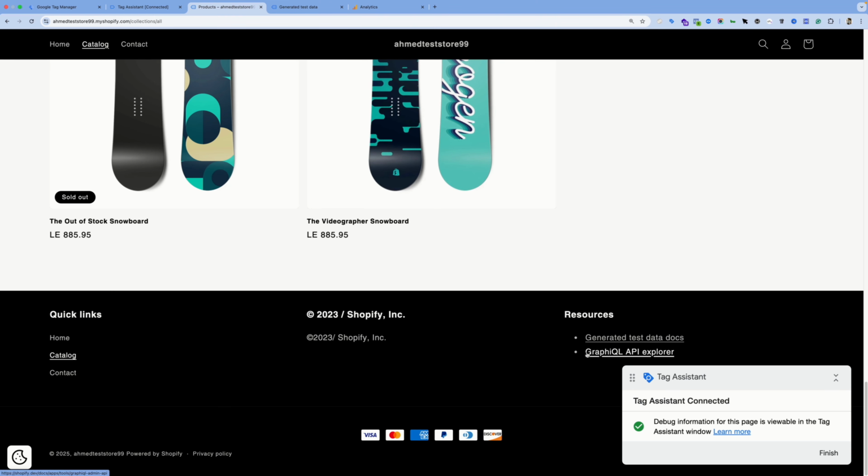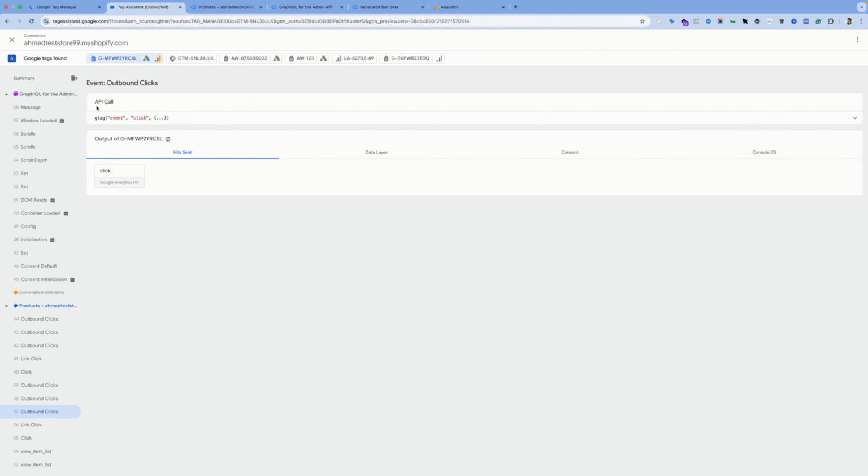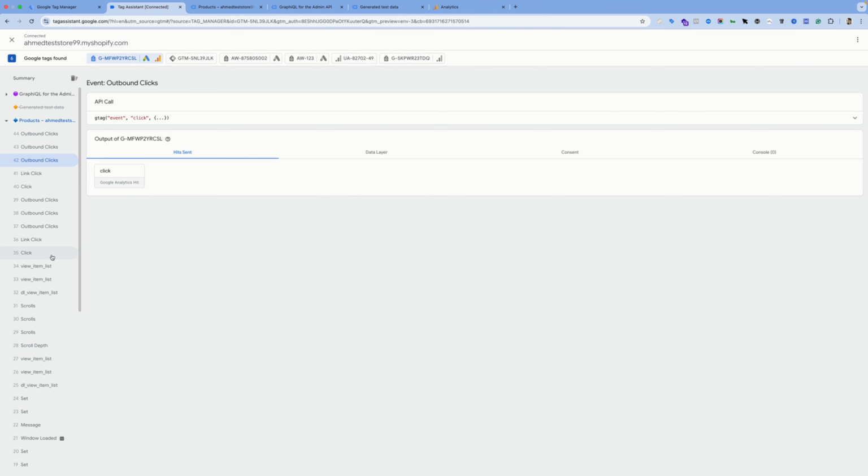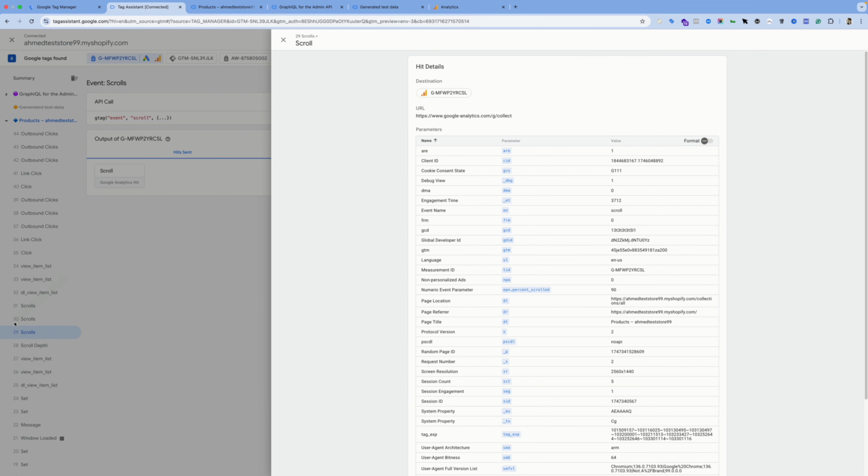Try clicking on this link, for example, and then let's do a scroll and let's go back to the preview mode. We have this tab opened from the link that we have created, and we have several events that happened throughout the session. One of them is the outbound click, and this click event was triggered when I clicked on this link within the footer. And also we have a couple of scrolls that happened over here, but Google Analytics has tracked only one, as the others happened from the Google Tag Manager itself.